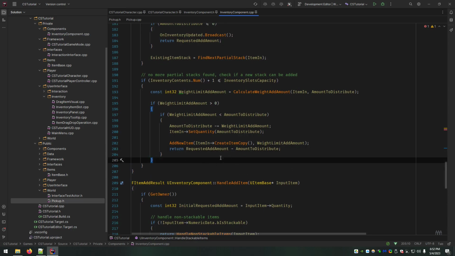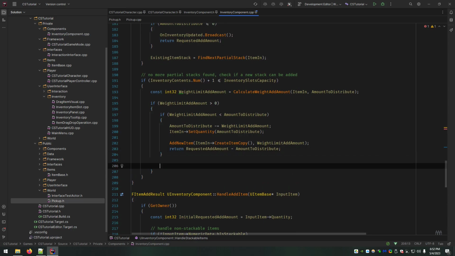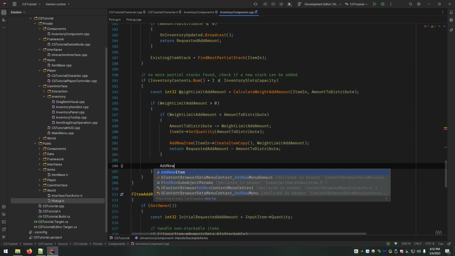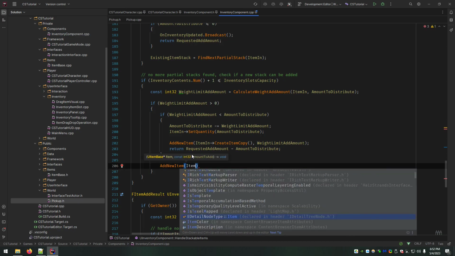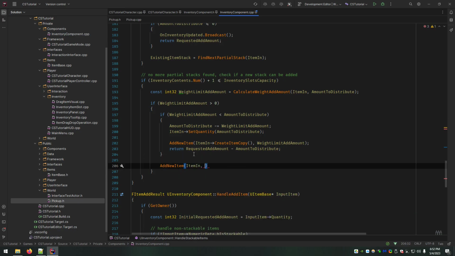Now, if this was false, then that would assume that the full remainder of the stack can be added. So now you actually do that, because remember, the previous case is saying there's some still remaining elsewhere. This would only happen if there's not. So it's okay in this case to call add new item on item in, because you've picked up the whole thing.